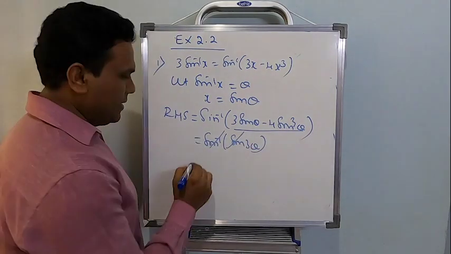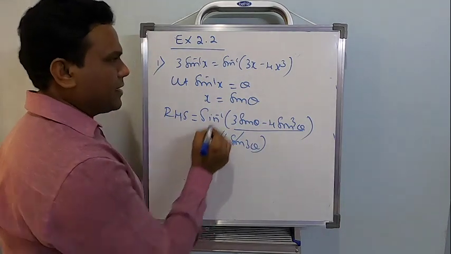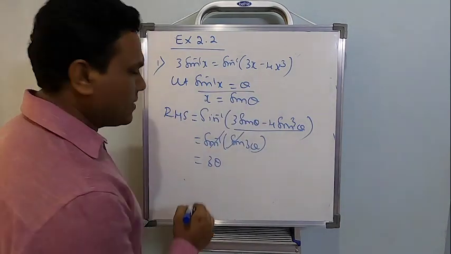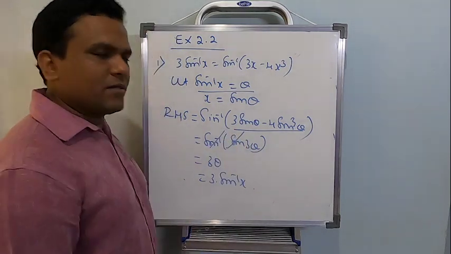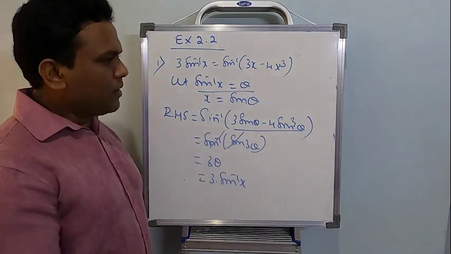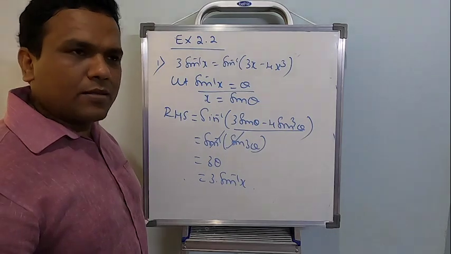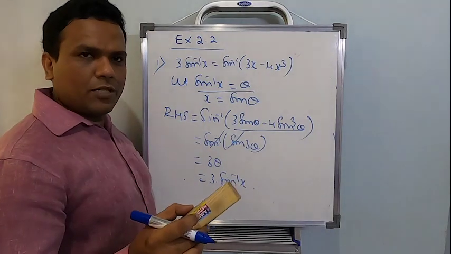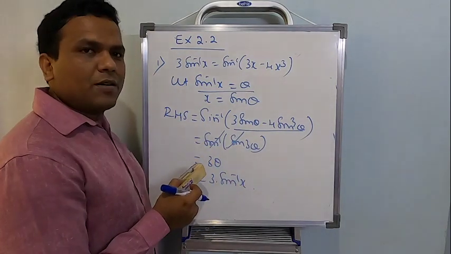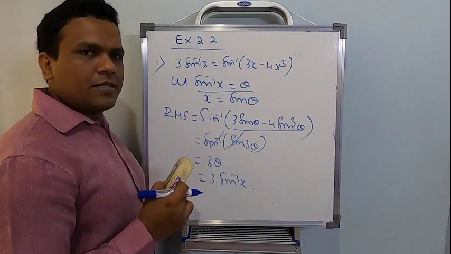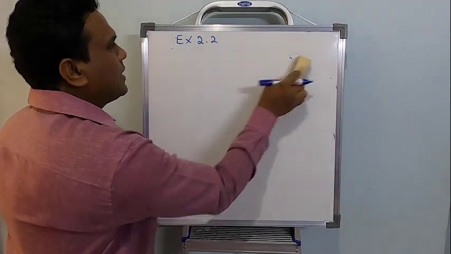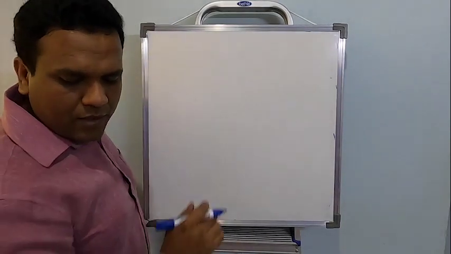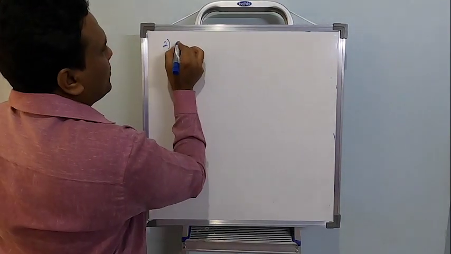Eliminate sin inverse and sin. The remaining value will be 3 theta. The value of theta is sin inverse x, so this finally can be written as 3 multiplied by sin inverse x. It's so easy. These are repeated ones: worked example, first main problem, two problems similar to this, and in the exercise also first and second. Definitely one will be there for the final examination, so please practice this.